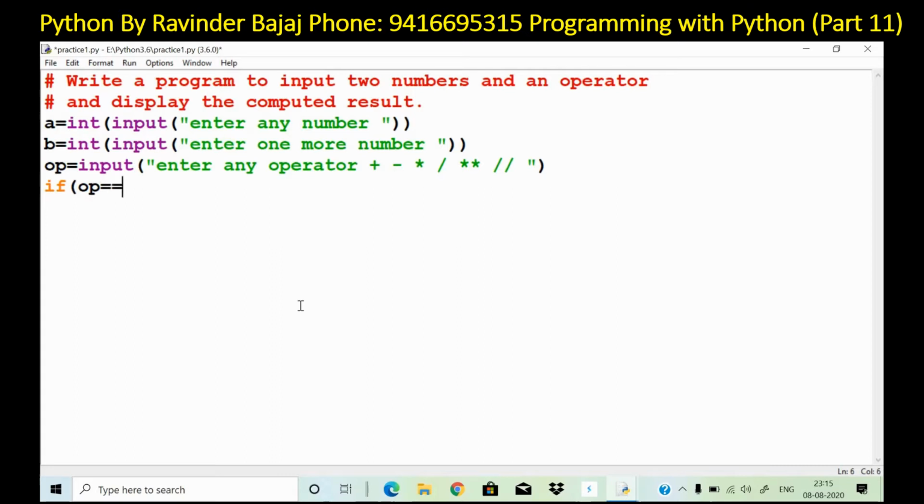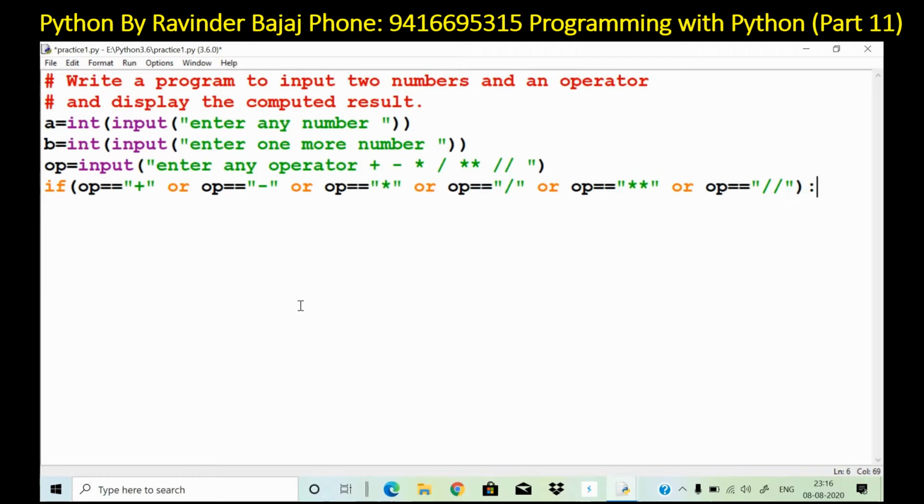If operator is equal to plus or minus or multiply or divide or exponent or integer division, so if this operator is any one out of all these, then we will do some operation.